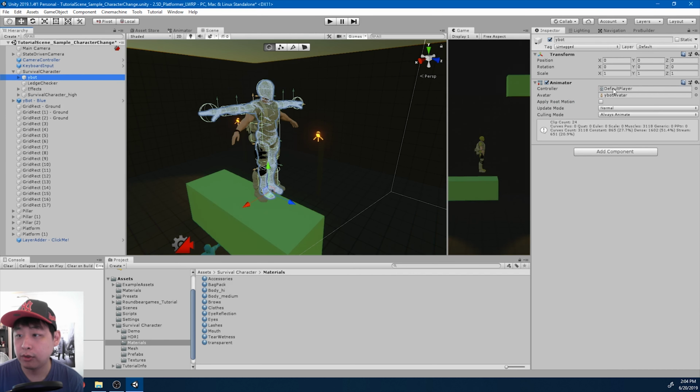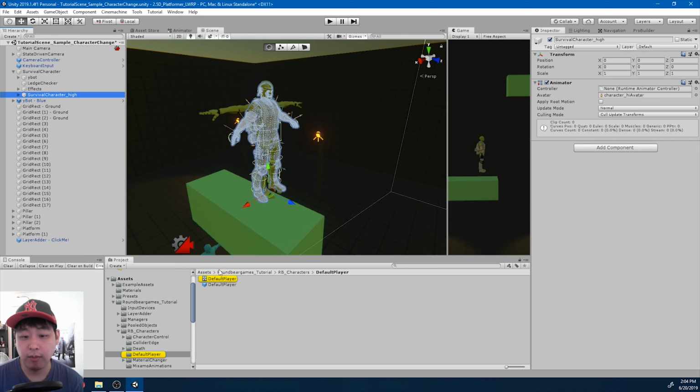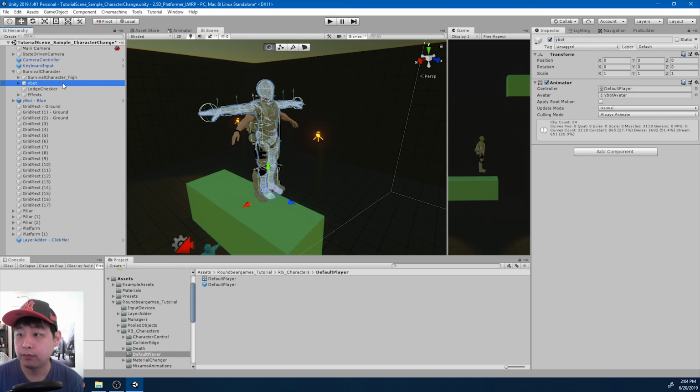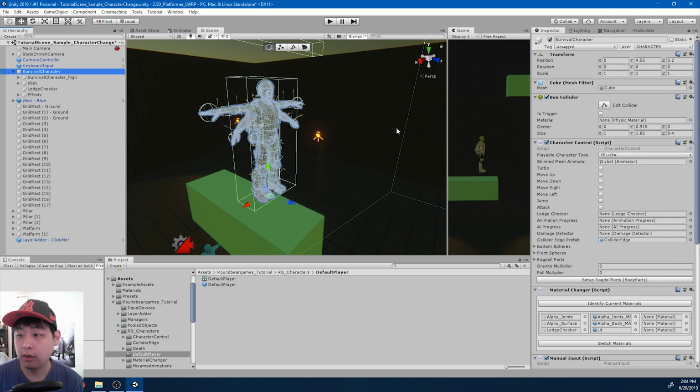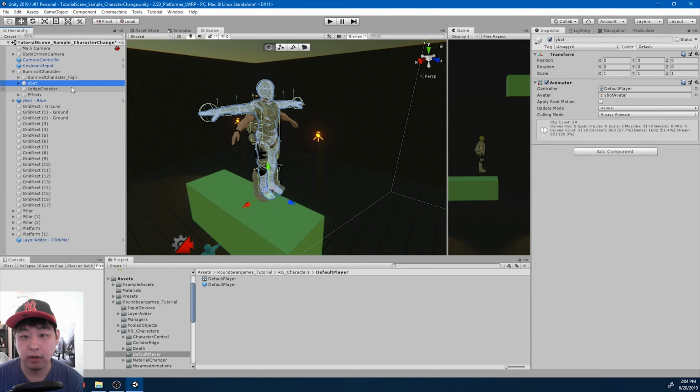And I want to use the same animator as a controller for the new character. I'll drag this up here. Okay, and I also want to drag in the skin here. So we're no longer using the yellow character, we're going to use the survival character now. And I'm going to delete the previous